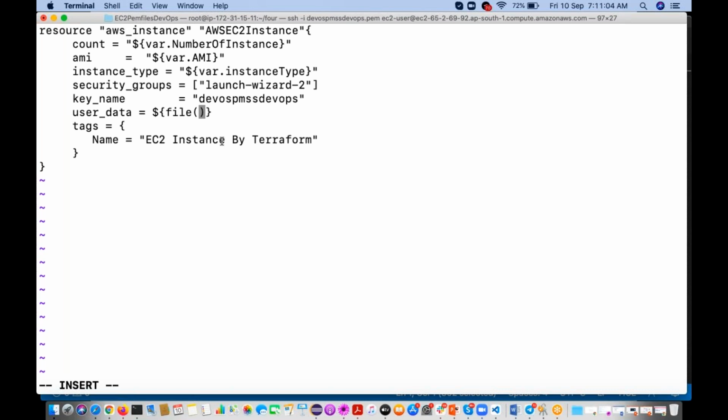In this file function you have to pass the parameter, the file name. So let me get that file name.